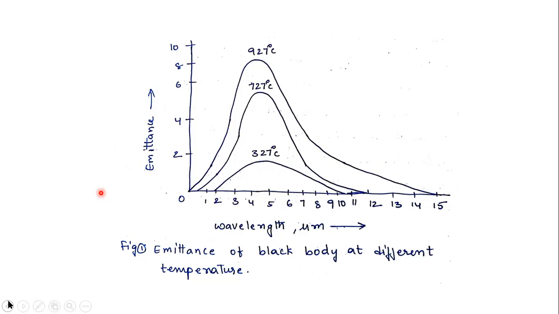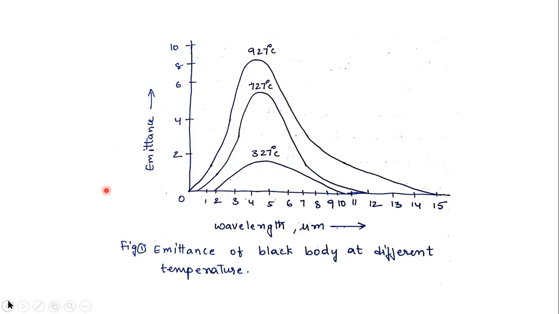Before, we discussed that emission is at 10 micrometers at room temperature, that is around 32 degrees Celsius. If the temperature increases to 200 degrees Celsius, the emitted wavelength changes from 10 micrometers to 6 micrometers. Again, if the temperature increases from 200 degrees Celsius to 500 degrees Celsius, that means 773 kelvins,